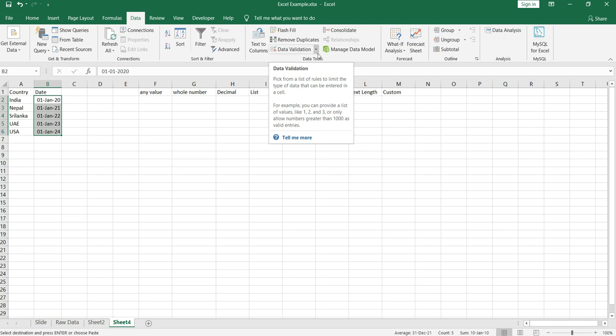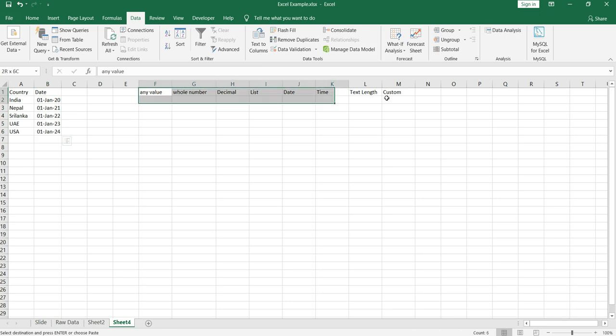We have a total of 8 possible rules which we can implement using data validation. The first one is any value. So for example, if there is an email ID, you should not put any restriction on it, right?